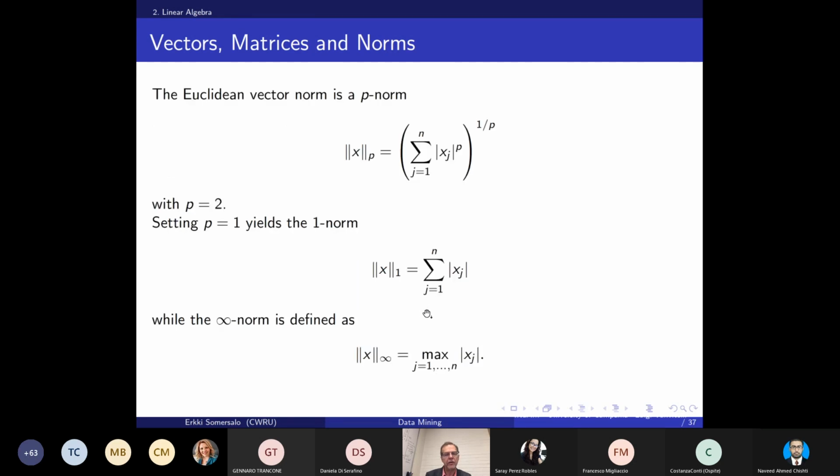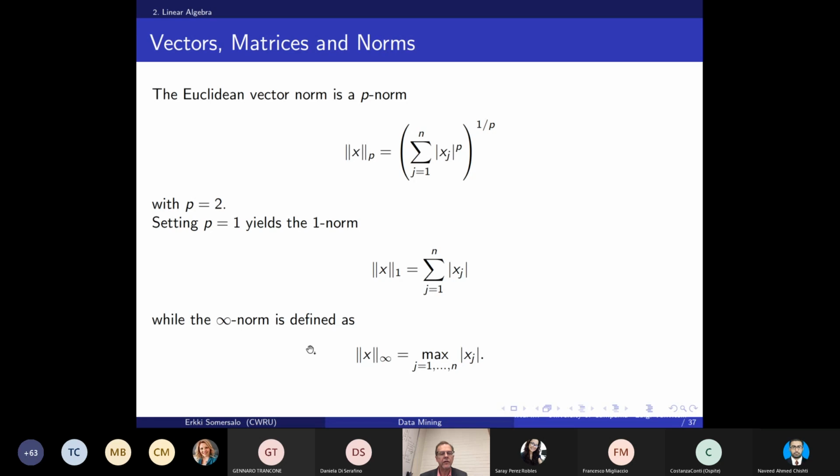And why 2? Because you can define other vector norms. So here is the p norm. Instead of the square sum, you take the sum of the pth powers of the components, and then you take 1 over p. That 1 over p guarantees that your norm is going to be positively homogeneous. And you see that if p is 2, then we have the Euclidean norm. Now sometimes we are using p equals 1, which is the 1 norm, a very useful norm, and we will also use that in this course, data science.